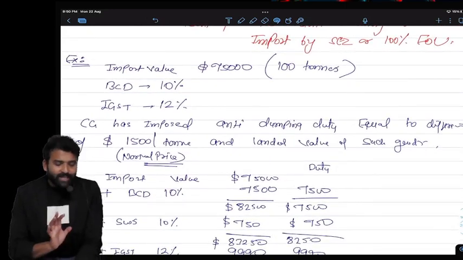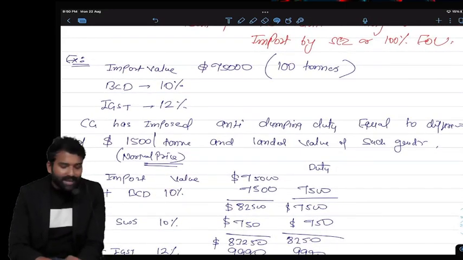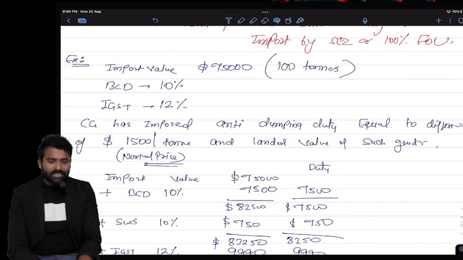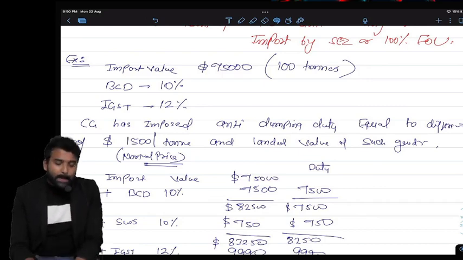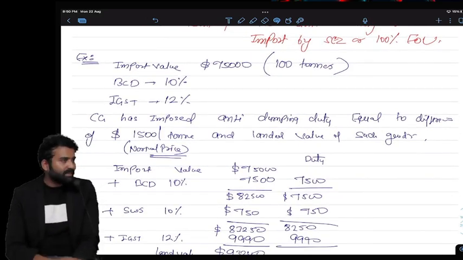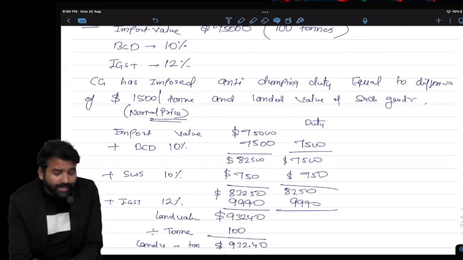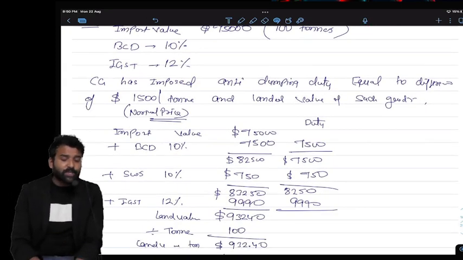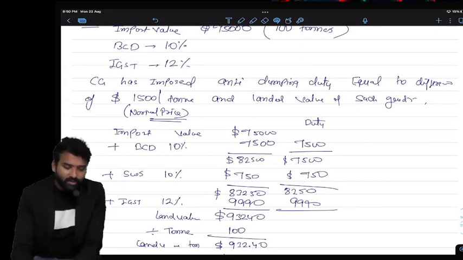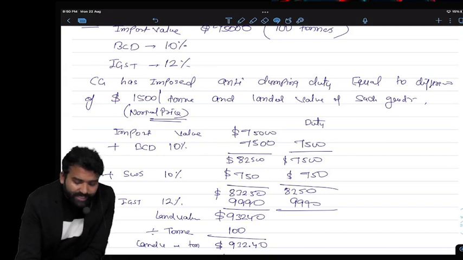We are importing 100 tons of goods of $75,000. This is the import value. Basic custom duty is 10%, IGST is 12%. Government issued a notification to impose anti-dumping duty, and the notification says, listen carefully, anti-dumping duty will be equal to